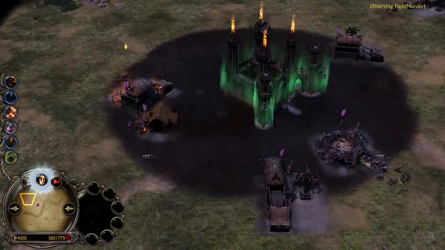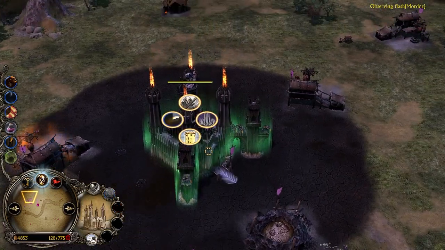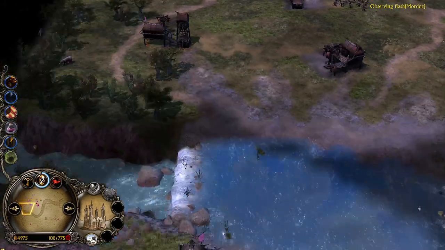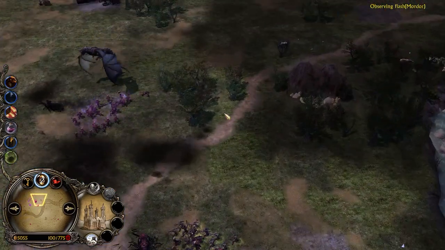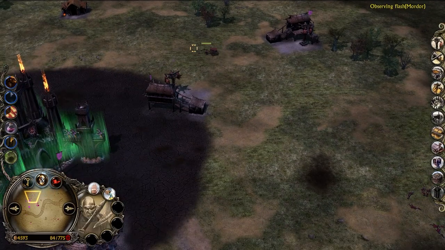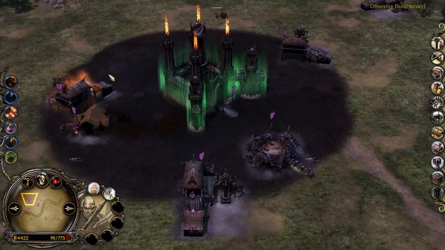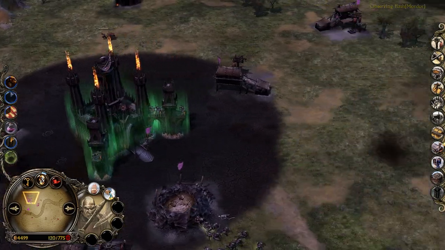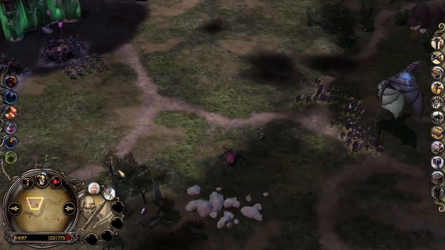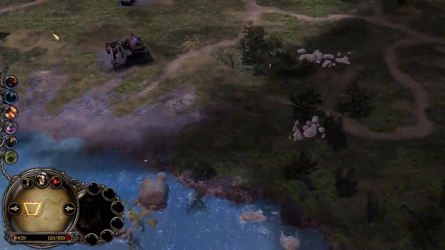Now, on the flip side, our Mordor player's got 4,600 in the bank. Anything he wants, he can get. Yet, we're not training builders. We're not building static defense. We're not really doing anything except microing our Nazgul. Here's our builder. What are we going to do with him? You know, I'd love to see an archer tower come down. I'd love to see another tavern come down. A troll pit. Maybe anything. But instead,